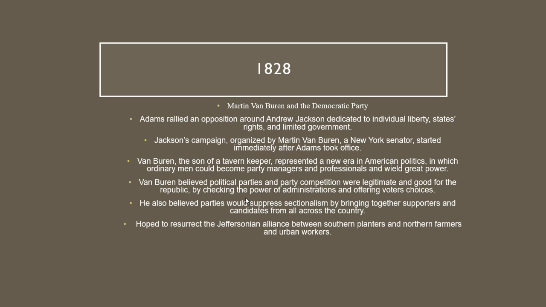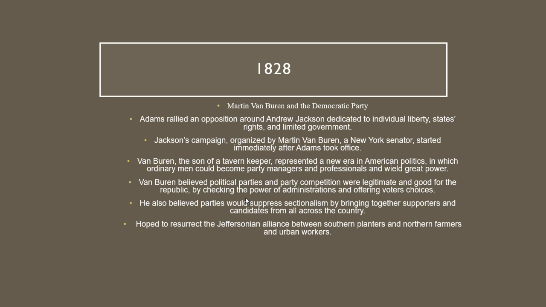Adams rallied in opposition around Andrew Jackson, dedicated to individual liberty, states' rights, and limited government. Jackson's campaign, organized by Martin Van Buren, a New York senator, started immediately after Adams took office. While Adams typified an old politics in which elites ruled, Van Buren, the son of a tavern keeper, represented a new era in American politics in which ordinary men could become party managers and professionals and wield great